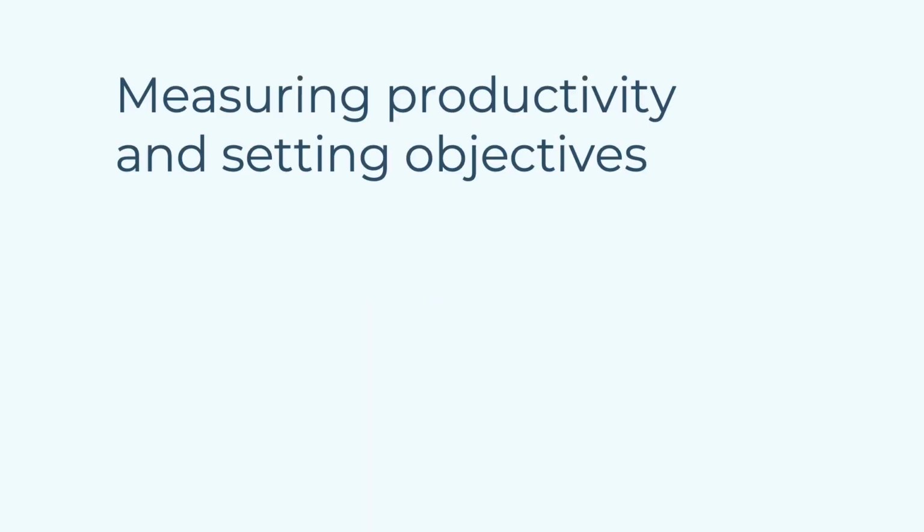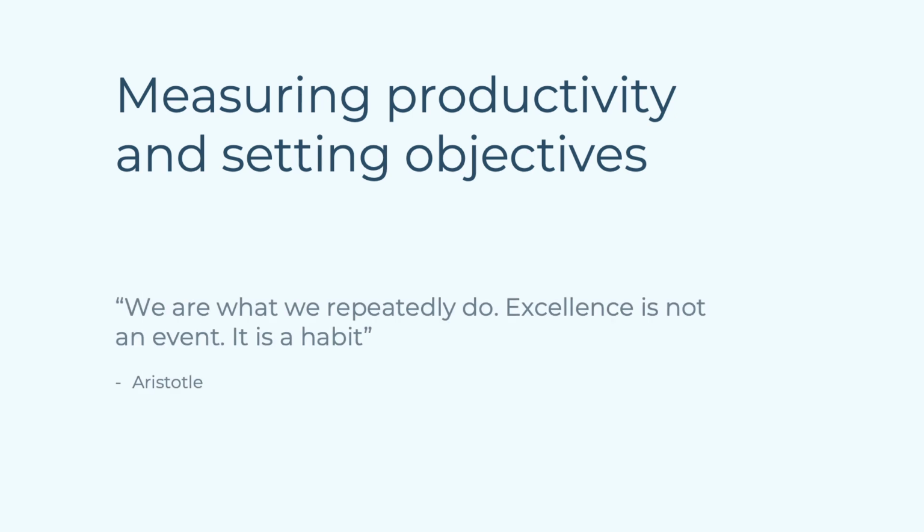So, measuring productivity and setting objectives. There's a quote from Aristotle which I think works very well for this: we are what we repeatedly do. Excellence is not an event, it's a habit. So how do we continue to be excellent? How do we make that something we always do, not just a one-off activity, but something that we strive for all the time so that it becomes habit forming and then is relatively easily repeatable and consistently done by us